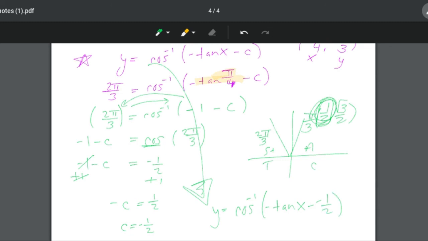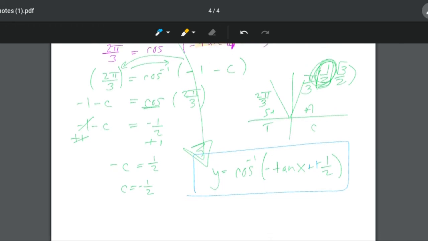And of course, you could change that double negative to a positive if you wanted to clean it up a bit. But that would be that original function y that we were trying to find. All right,